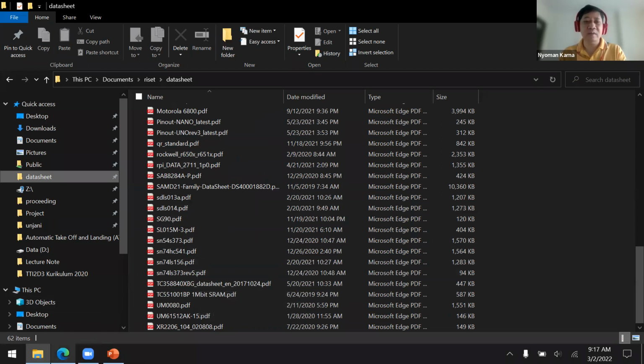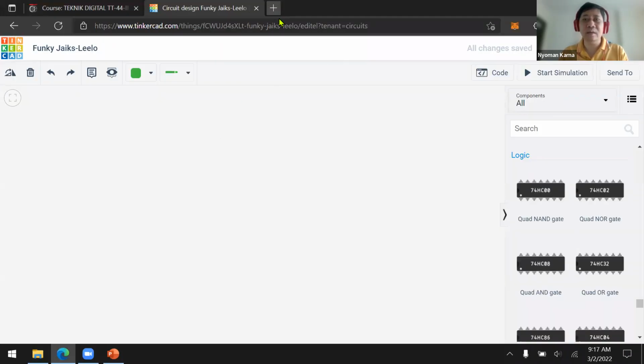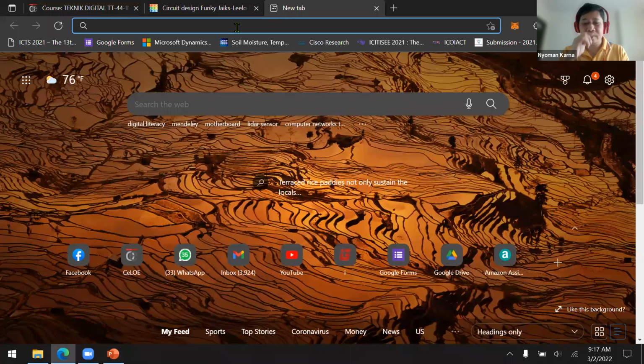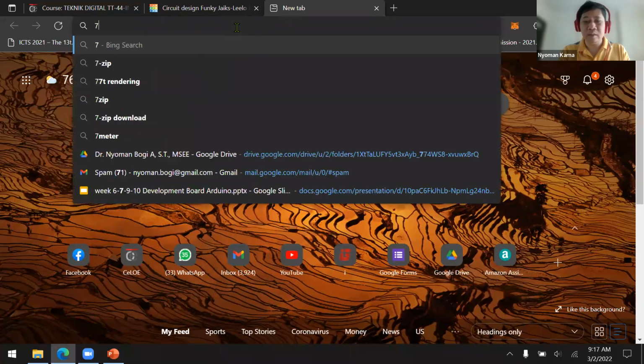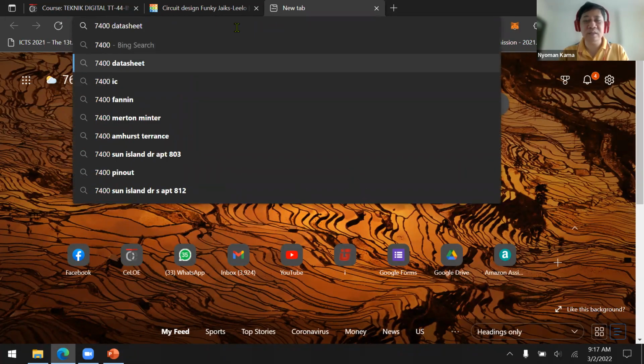Okay, we don't have this one. 7400 datasheet.